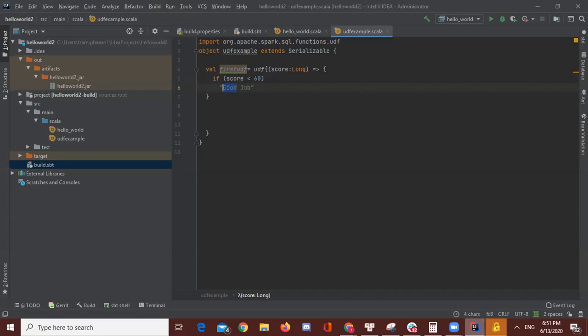And this is a string. You can write anything here. Okay. I say if score is less than 60, then